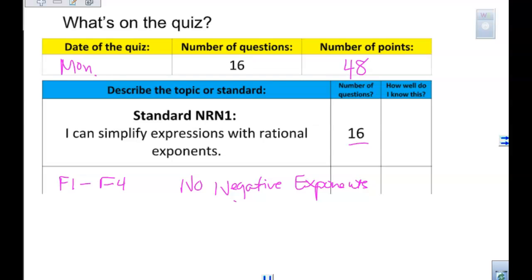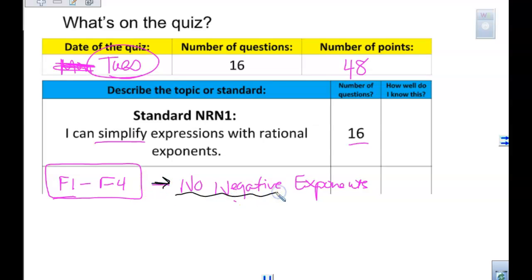Our quiz is not Monday, but Tuesday, tomorrow. 16 questions, 48 points. I can simplify expressions with rational exponents. It covers F1 to F4. Some of the key things: